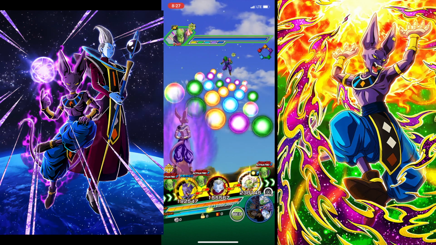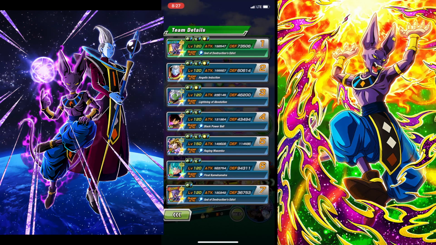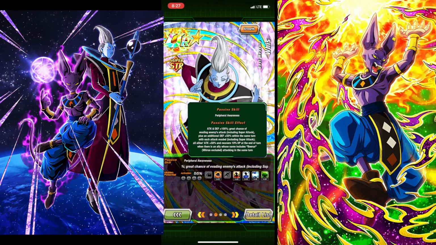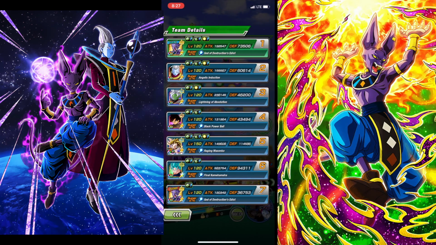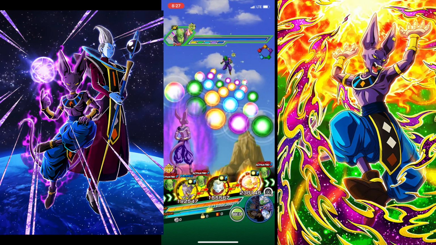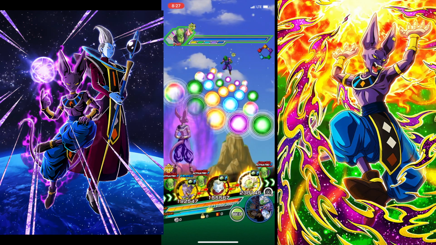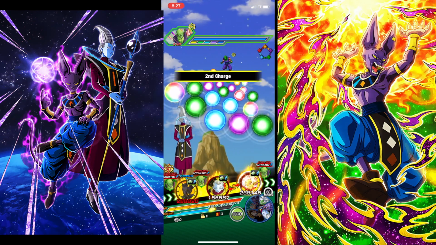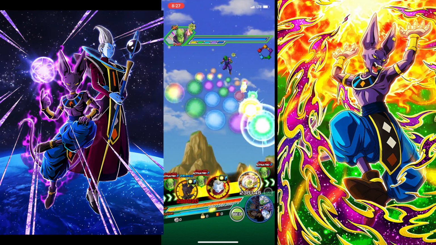So it says right here, all allies attack plus 50%, recovers 10% HP at the end of turn when there's an ally whose name includes Beerus attacking in the same turn. So that's why you always want them as a duo, because Whis then gives all allies 50% attack. So Beerus is getting a support buff from Whis, and then Whis heals at the end of the turn. Let's give these orbs for a little bit more healing, and hope...